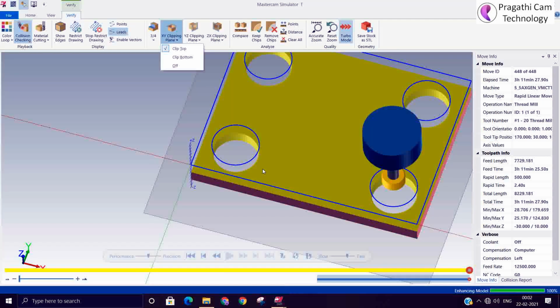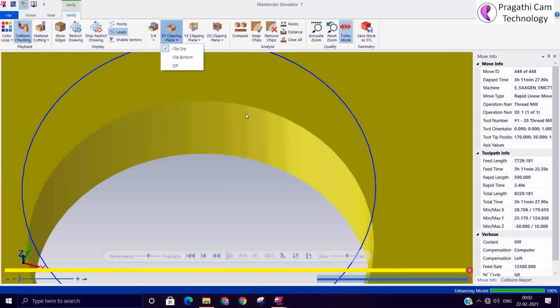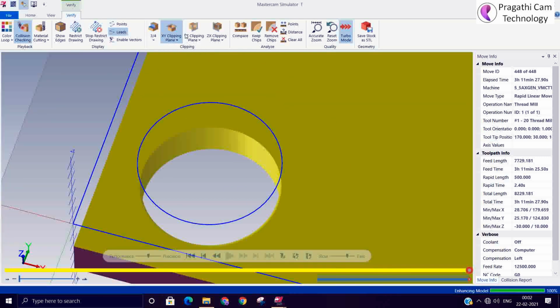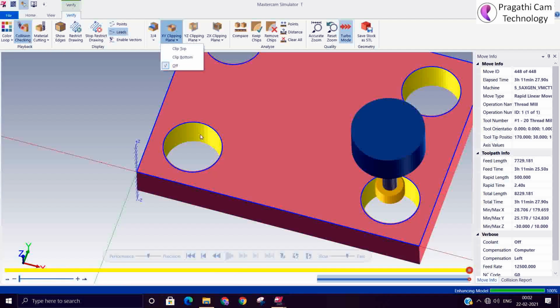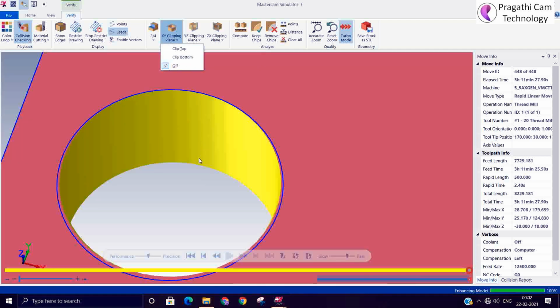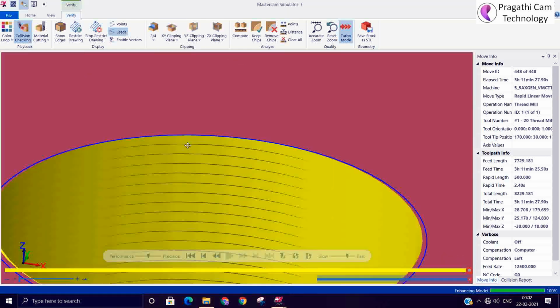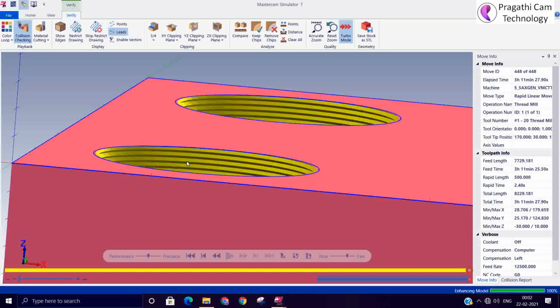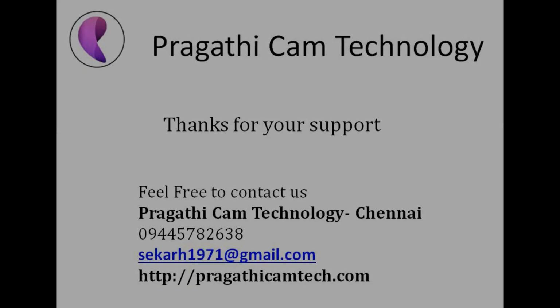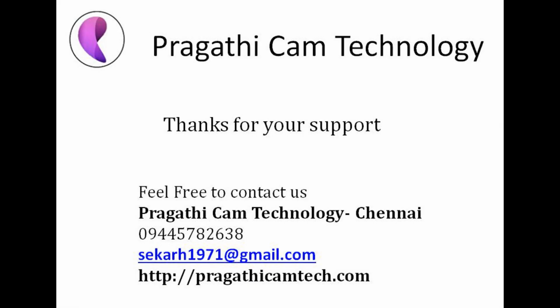On the XY plane, no. Actually, I wanted to cut and show you the thread, but it is not exactly happening. Okay, thank you.